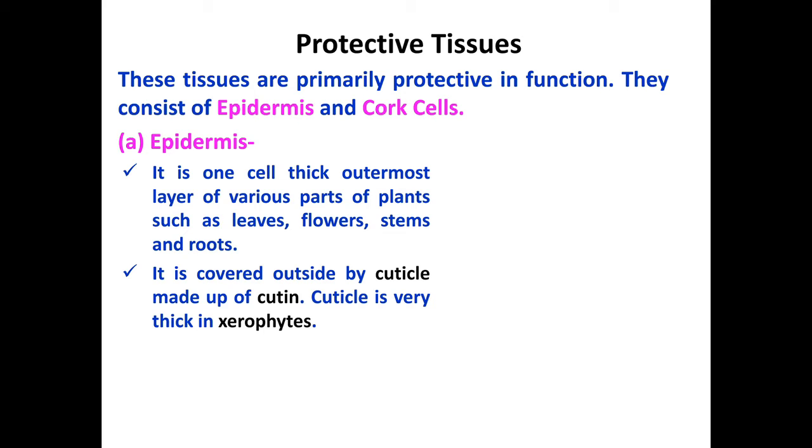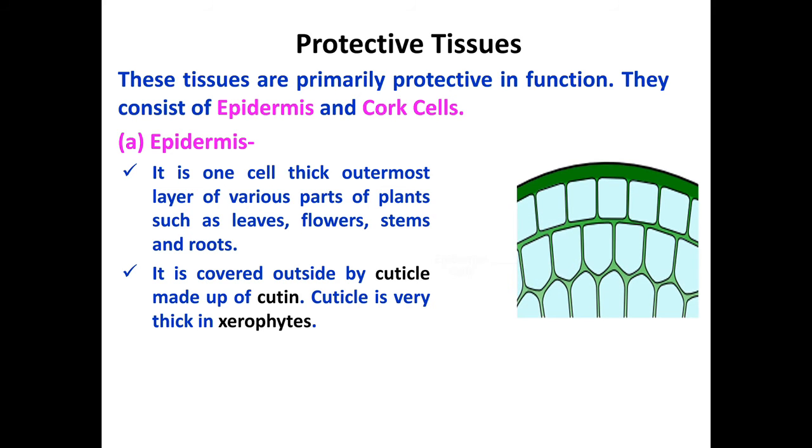Students, you already know from previous junior classes that xerophytes are the plants such as cactus which are adapted to dry or desert areas. Students, you can see the portion of epidermis and cuticle in a cross section of a stem as given in front of you. In this section, you can see a single layer of epidermis which covers the inner layer of tissues. From the outside, epidermis is covered by a cuticle layer.